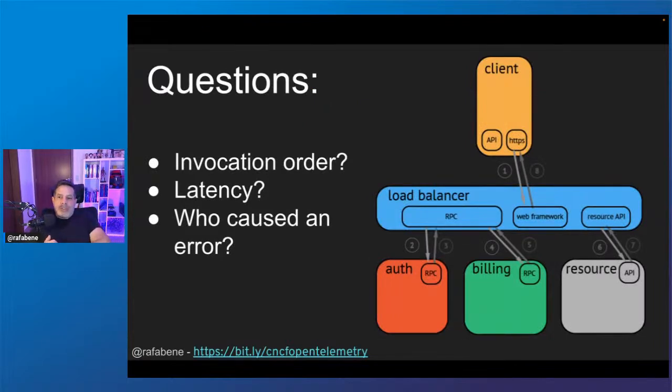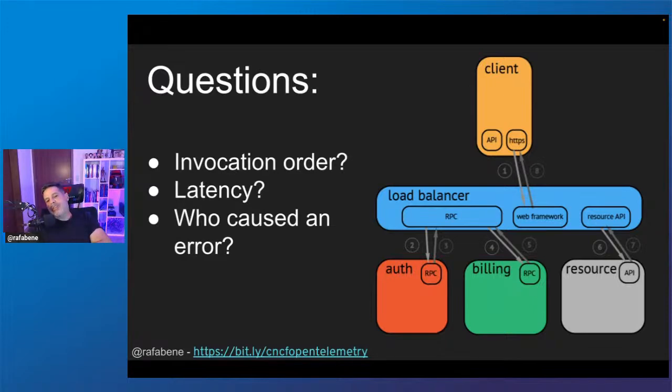So I have some questions for you here. When you see this kind of layout, where we have a client doing an API call through a load balancer, and the load balancer will call the authentication, the billing, and the resource allocation API.